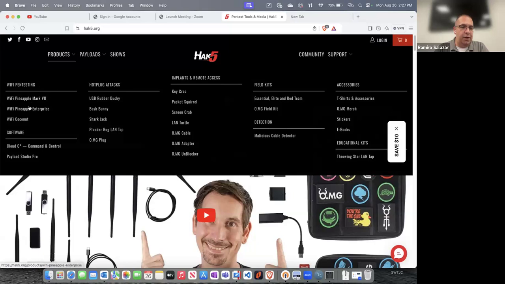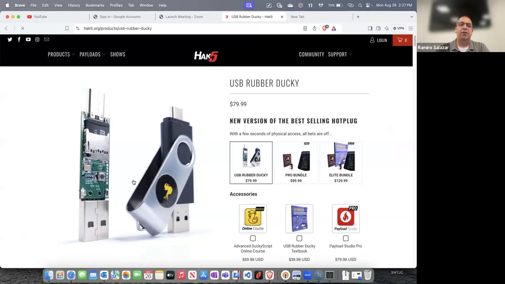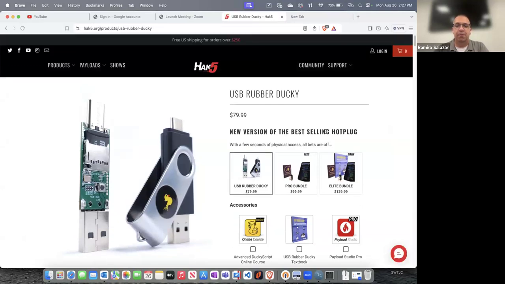There are also devices here like the USB Rubber Ducky. If anybody's ever seen one of these devices, it looks like your basic flash drive that you would save data to. But the interesting thing about one of these devices is that inside this USB flash drive, there is a micro SD card that an attacker can actually write a script with a malicious payload on. And once a victim plugs that into a computer, that script is going to run code and execute something on the victim's machine.